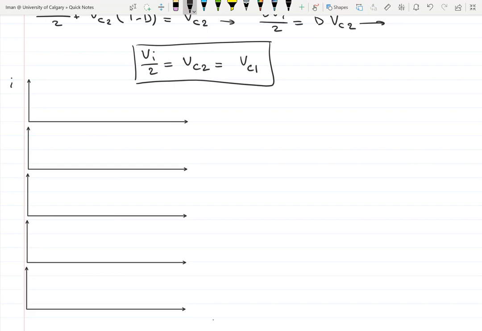So if this is the magnetizing current, this is the transformer voltage, the output current in the inductor, the output voltage before the inductor after the diodes, and the current in the diodes. So similar to before,